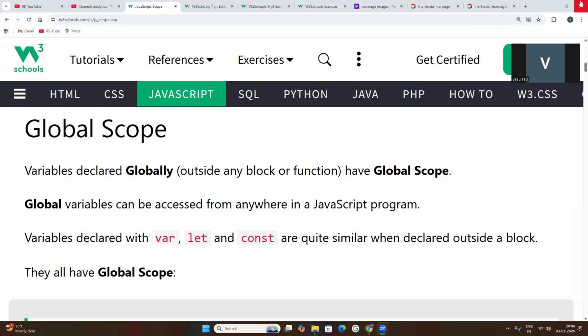There are so many apps in the mobile that you can download for JavaScript. You can write the code using web apps. There are so many websites like w3schools.com and javatpoint.com. You go there and you can write the code in the web online editor, edit the code, and check the code there.